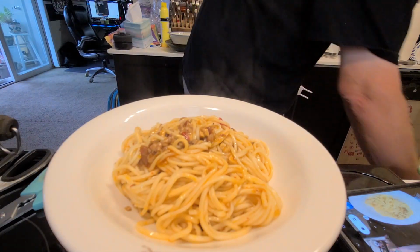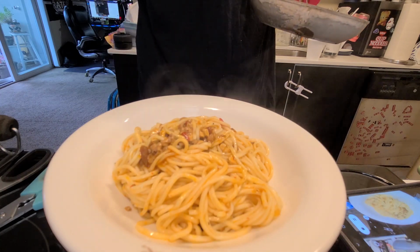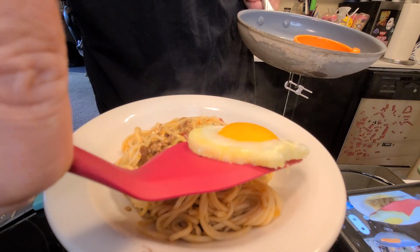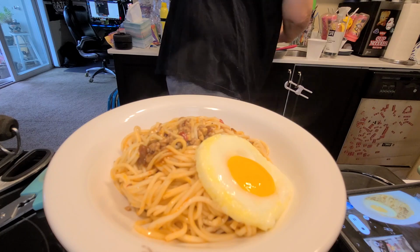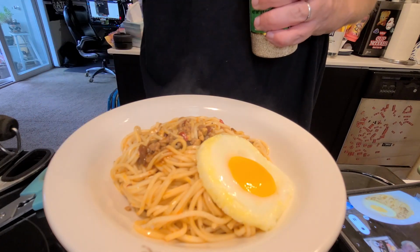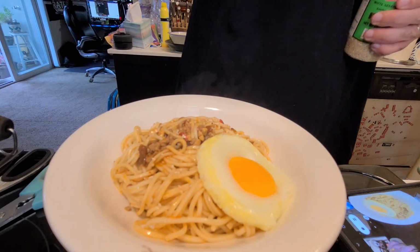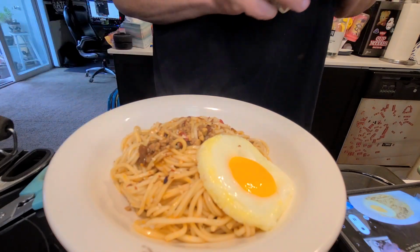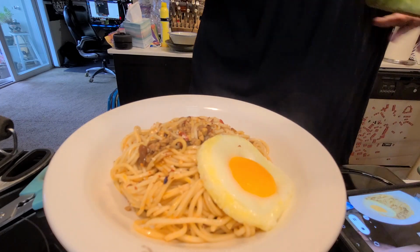Alright. Need the spatula. The spatula for this egg. Beauty. A little bit of seed, not much. A little bit of pepper. And a pinch